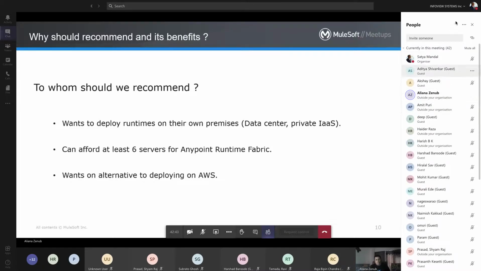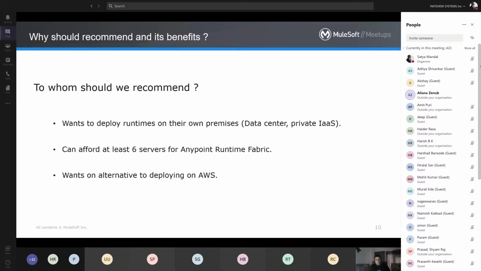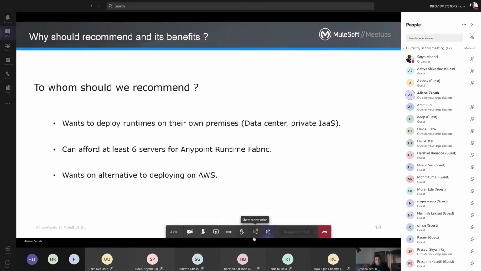We recommend Runtime Fabric, as it reduces their overhead to monitor the platform, deploy, and scale, and provides better security and infrastructure management while deploying Runtime Fabric in their controlled environment.